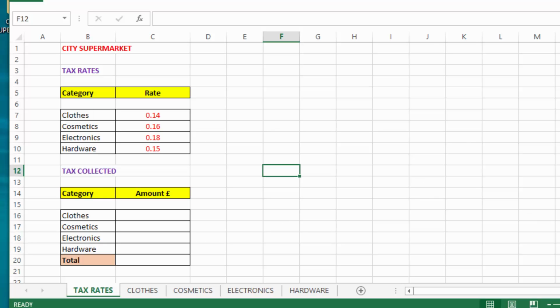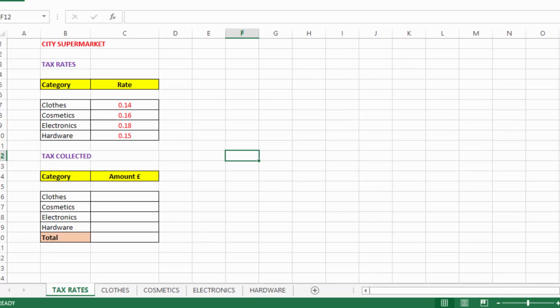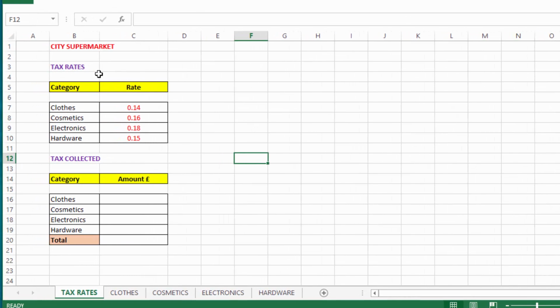Now here I will show you some data, and in this data I have tax rates. Different types of products or items have different tax rates. Tax is an amount collected from sales of a product to be remitted to government. If I sold something and I got maybe 1,000, then a fraction of it will go to the government, and those fractions are here. This is equivalent to 14%,